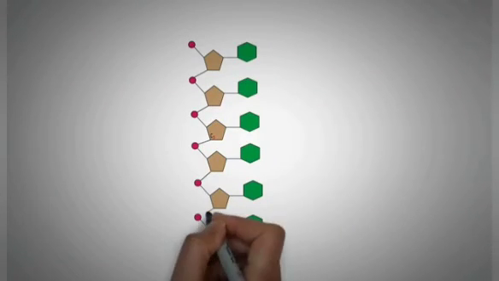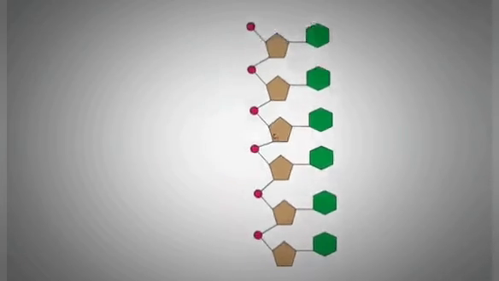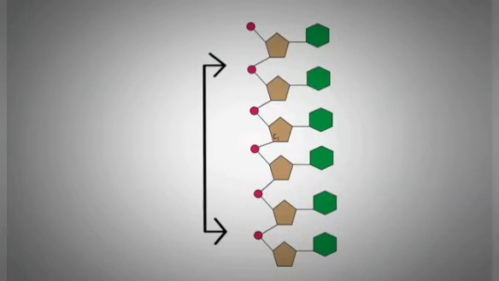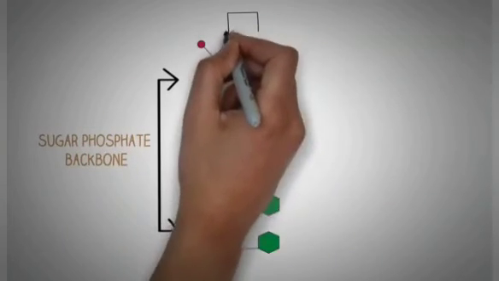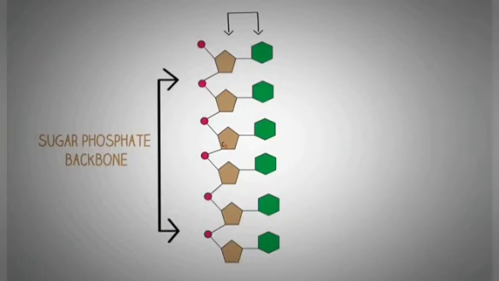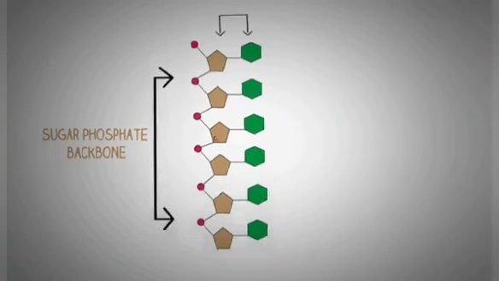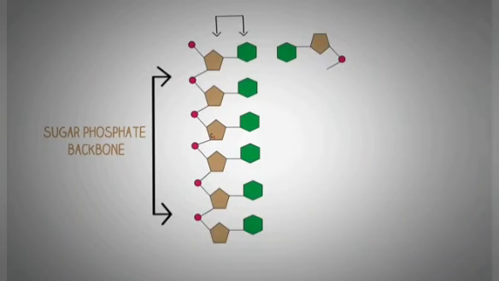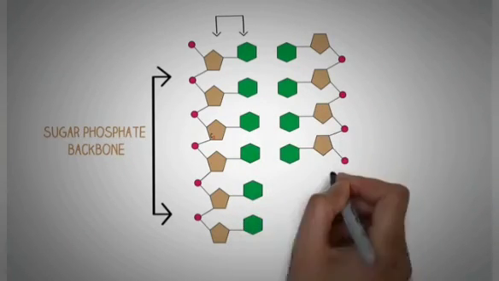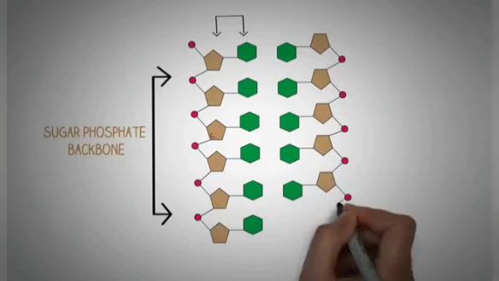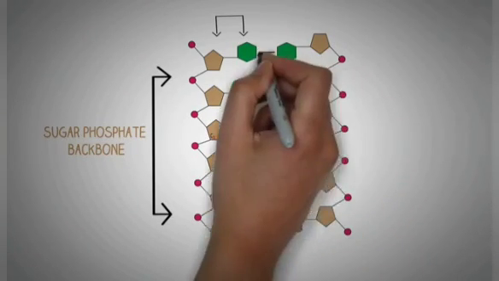So as a result, a long chain of nucleotides is formed, which consists of a sugar phosphate backbone, and in the center we have all these nitrogenous bases which project from the sugar phosphate backbone. Now this can be an example of RNA if the sugar present in this example is a ribose sugar. But if we take a similar strand of polynucleotide and run it in opposite direction, and this strand binds with the original strand through hydrogen bonds.